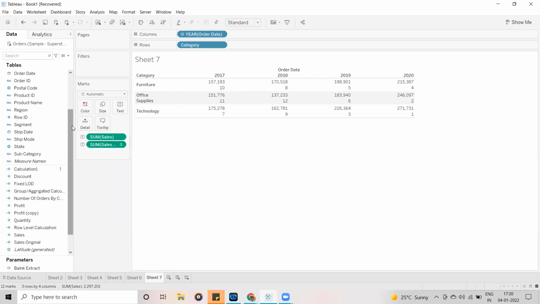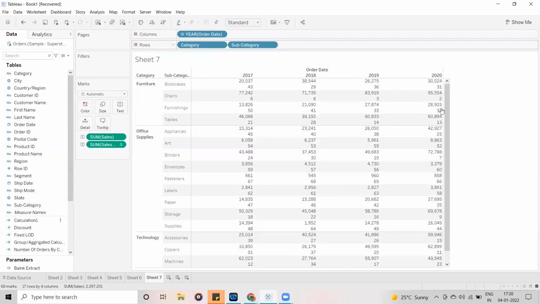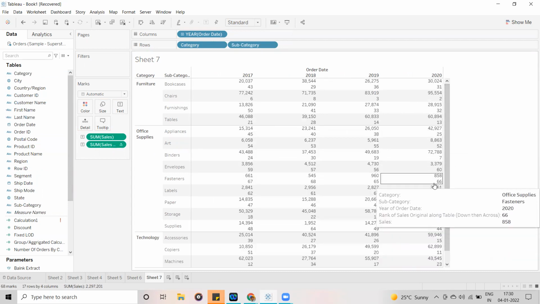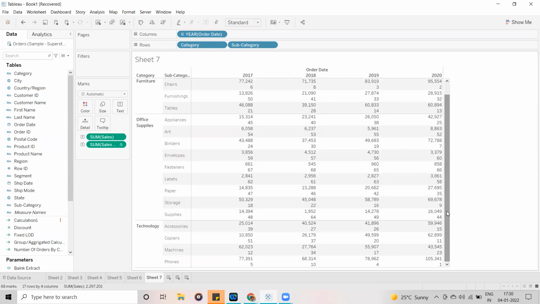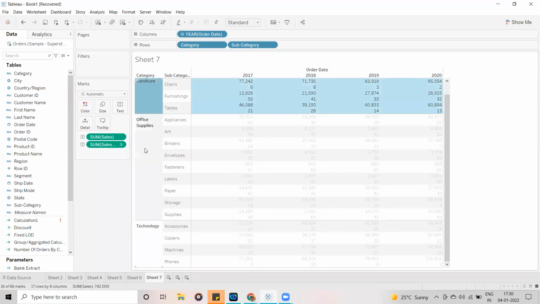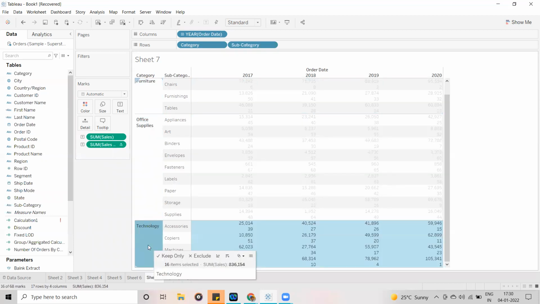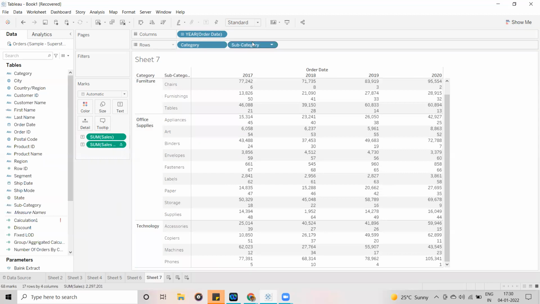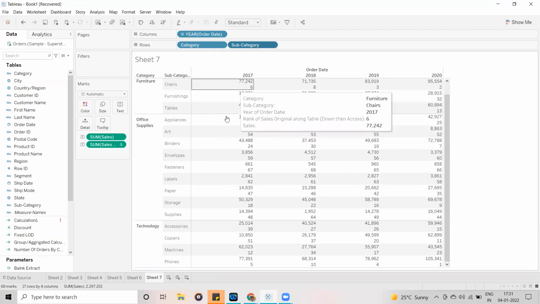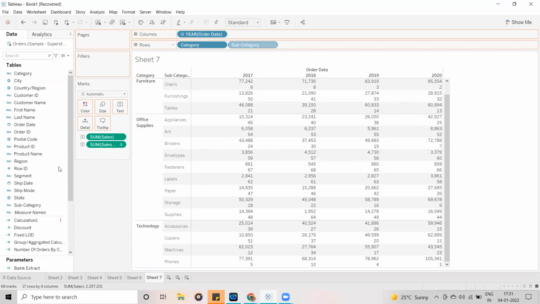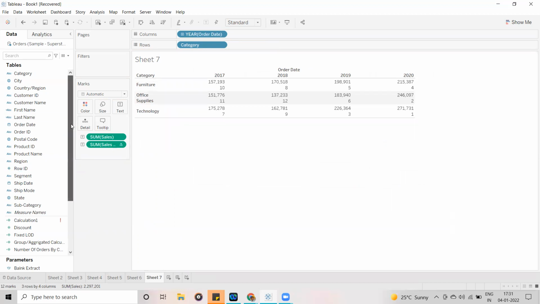Okay. So now, for example, if I use not only region but anything like category, subcategory, category we already have, let's drag the subcategory here. Now you can see the ranks have automatically increased based on the available data, now 65, 66, I can see. Okay, we have a lot of things. Now here, this is one pane, and this is another pane, and this is another pane. Now we have three different panes. I don't want to use this one because it has maximum data, so it is very large and difficult to understand. That's why I'm not using this one. First, guys, you have to understand the concept to apply anything, how it is working.